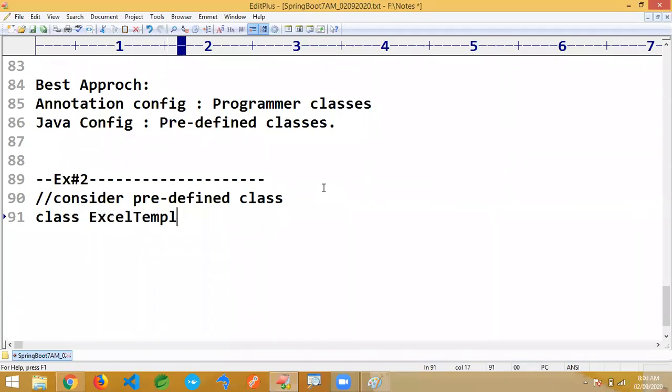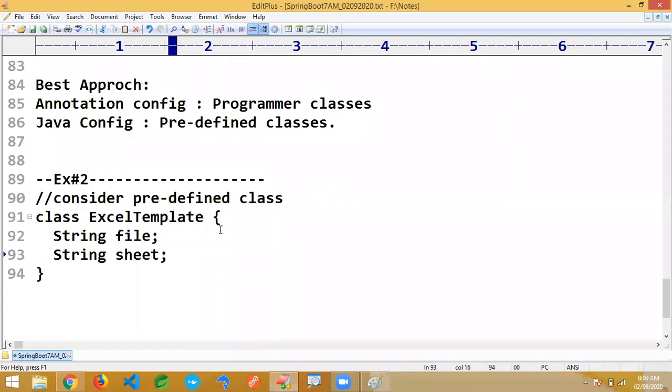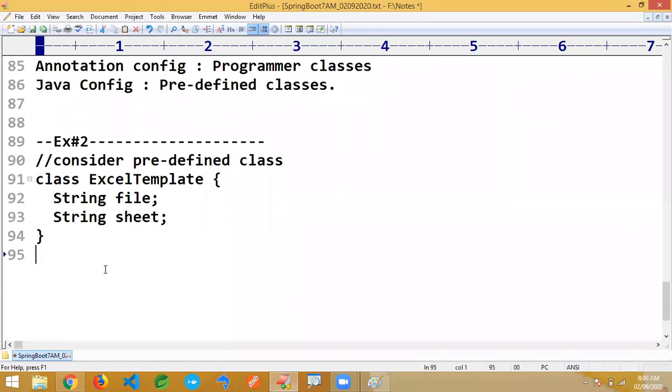ExcelTemplate. I'm just writing here String file, String sheet. Like this we have. You take dummy values: file abc.xyz, sheet mno, like that. Consider it a predefined class. Create the object like this. I want an object et; et is the object name.